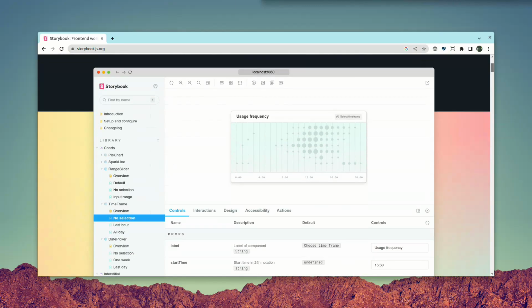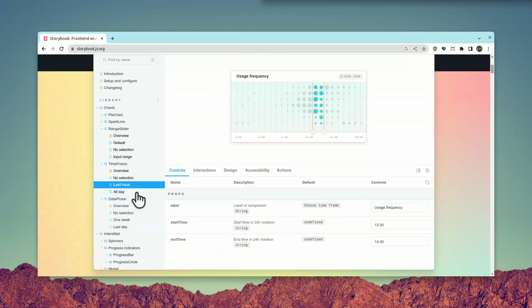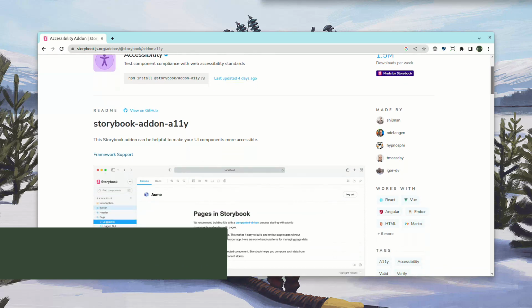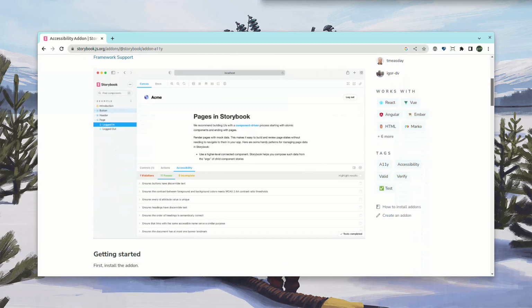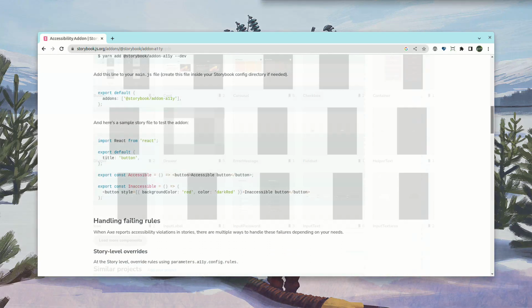You may already be familiar with Storybook, the software used for creating components, pages, and developing UIs, but did you know that you can check your components for accessibility from within Storybook? But how can you keep them accessible when you have multiple devs making changes to your components? First, you need to add a free add-on into your Storybook setup. Storybook Alley lets you check the accessibility of the components you have built from within the Storybook interface.